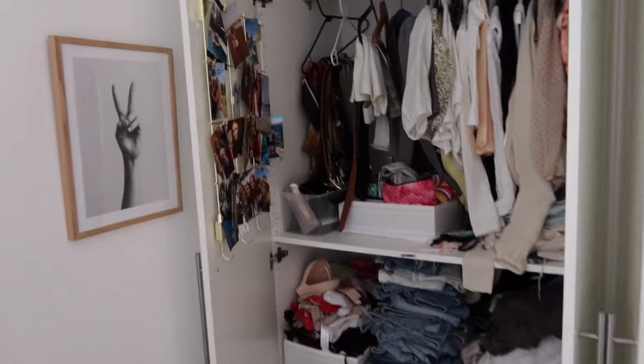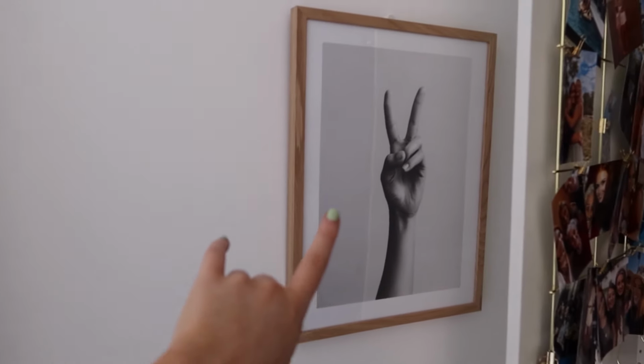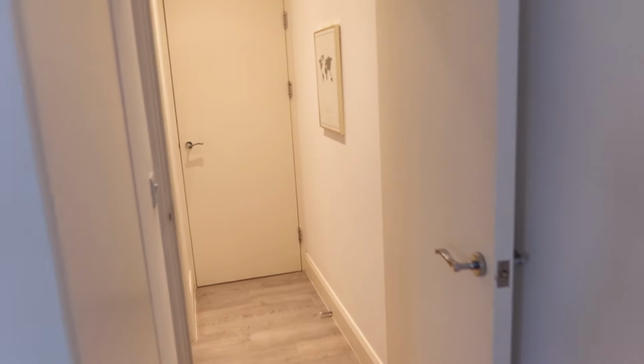And then if we come in, I bought this little frame from Ikea, and I've got loads of pictures on there. Also, by the way, this print here is from Desenio. The frame is from Poster Store, but I thought that was really cool. I love a bit of a peace sign. Then, if we follow through here,